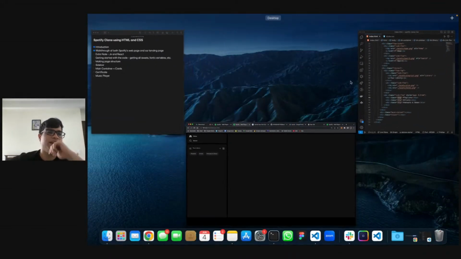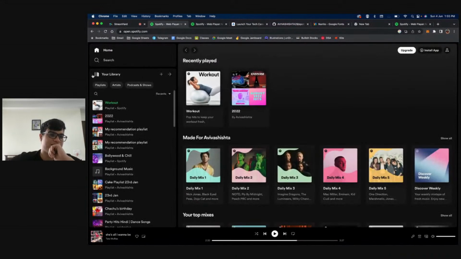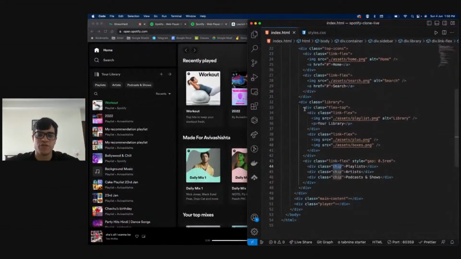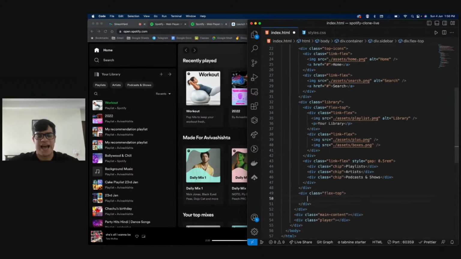So, what I was speaking of was the fact that just like we had this part where we have two divs at the very extreme sides of this div, we need to have these two icons over here as well. One is a search icon and the other is a recent tag. And the thing is that they need to be spaced between. So we can use the same class name that we've given over here, which is flex top. So we can just have another div over here having flex top, and inside flex top we just need to have a search icon,